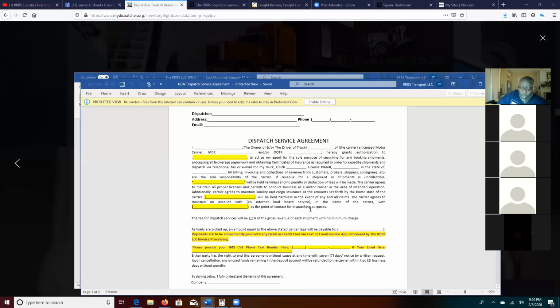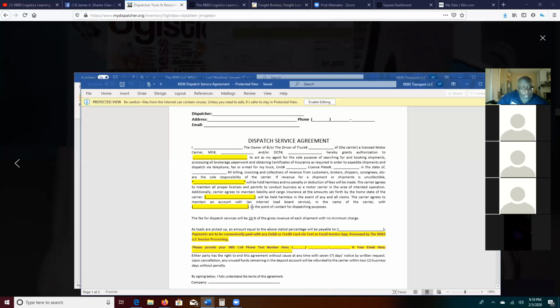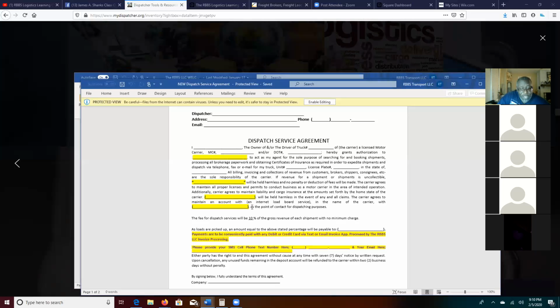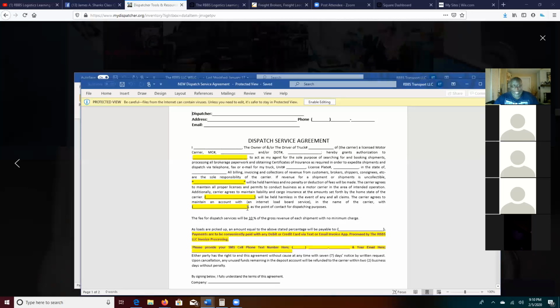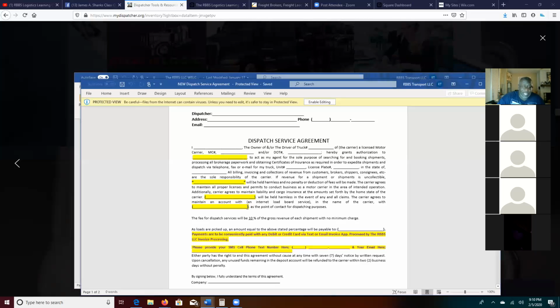Not only can you use it for that carrier, but because you have access to load boards, you can actually find loads in there for other carriers that you have on the contract. So because of that, you can group up with all the carriers and have them each pay a small fee and get access to a bigger load board, like a DAT that's $299. You got 20 carriers, they're all paying $29 a month, you're covered, right?